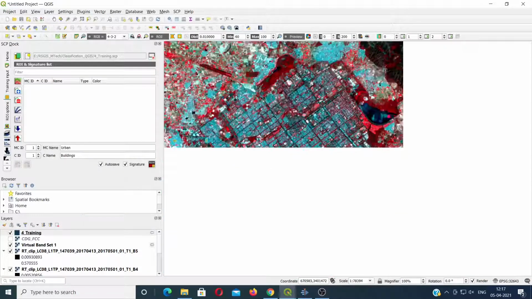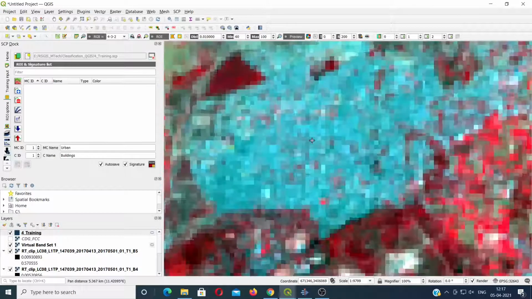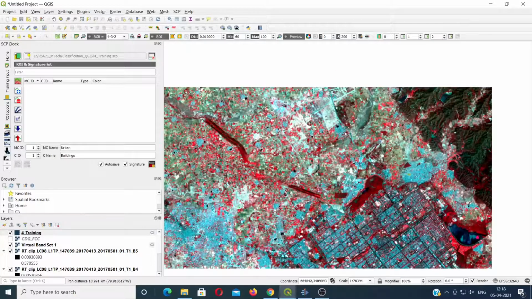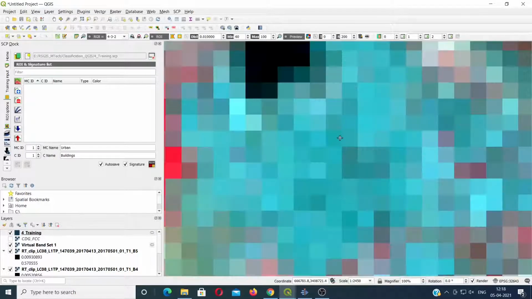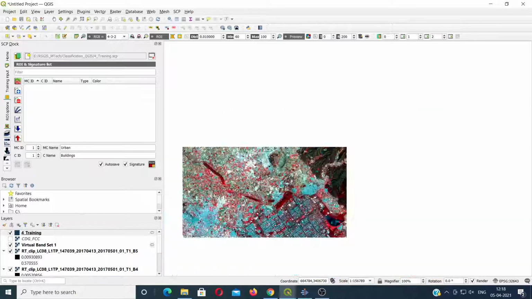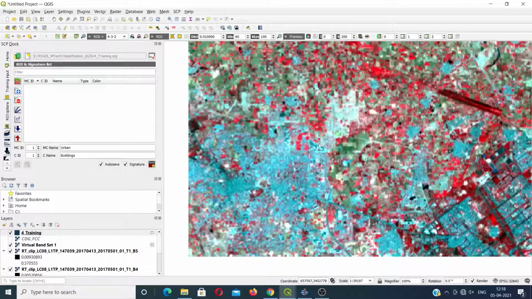I have taken the fifth signature, and here I will take the sixth signature for the Chandigarh region, and I'll take some of the mixed kind of urban land use, that is the building land use here. So basically I have taken 6 different signatures for the urban region.